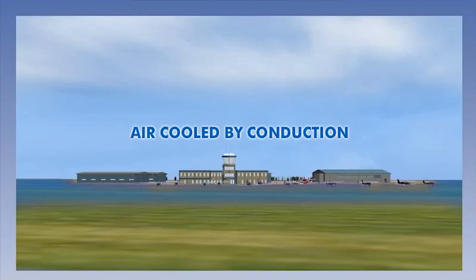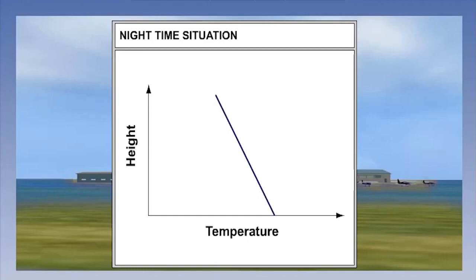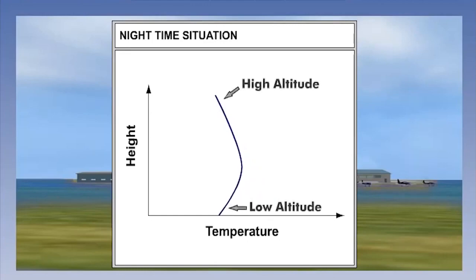At night, the Earth's surface temperature falls, since there is no incoming solar radiation. Via conduction, the Earth cools the air just above it. Here we see the cooling process and how the lowest layers of the atmosphere respond. This is why a surface temperature inversion can form. Because air is a poor conductor of heat energy, the air at higher levels retains its heat. The air cools at the surface, and this cooling spreads slowly upwards by conduction.